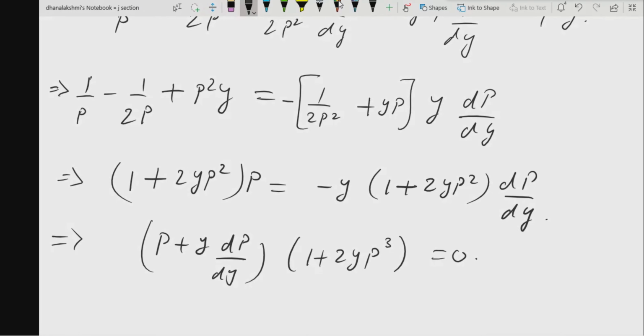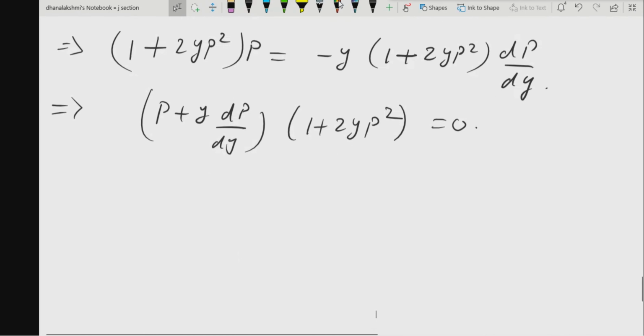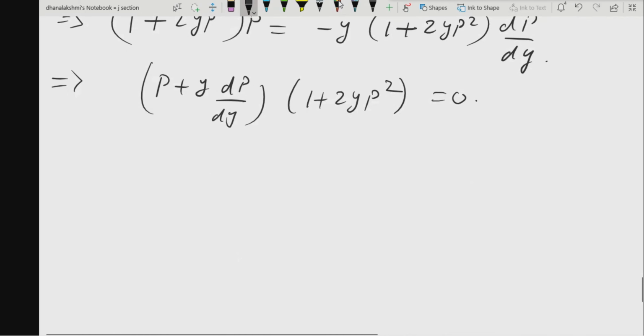Is it correct, or here it should be P square, na? Now it's okay, na? Okay. Is it correct now? So now, as I told you, you can go for the second factor, but the second factor will lead you to P cube, I think, ma'am. P cube. Yes, ma'am. Okay, P cube.